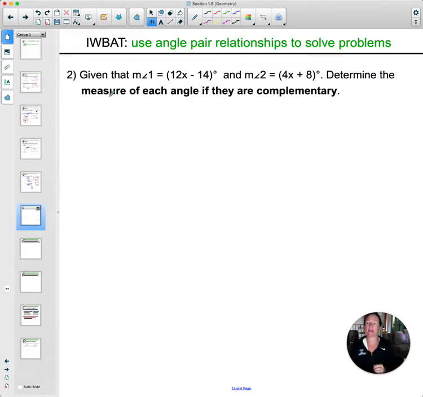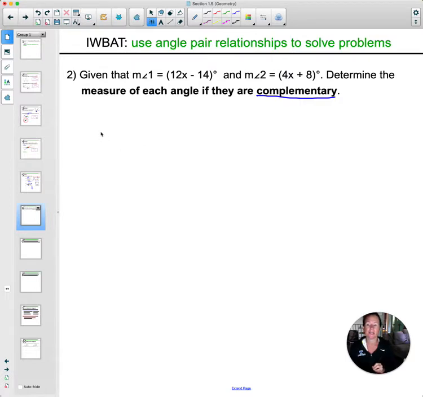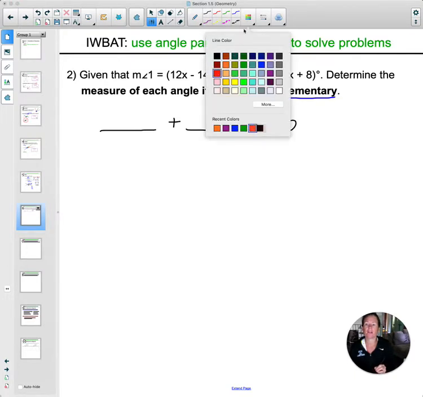Okay, next example, it gives us the measure of 2 angles. So we've got measure of angle 1 is this, measure of angle 2 is this. Determine the measure of each angle if they are complementary. So go back to your notes and take a look at what the formula was for complementary. And that was blank plus blank equals 90. So you can go ahead and fill in your two